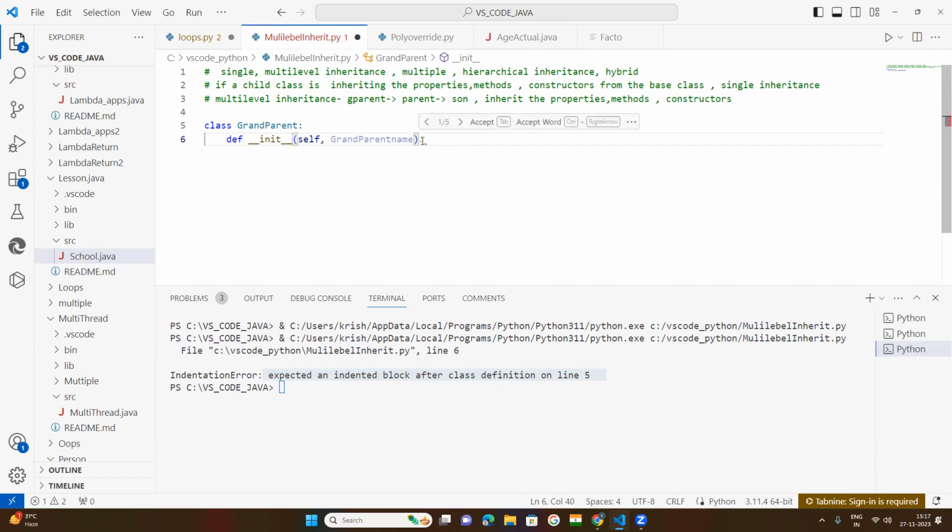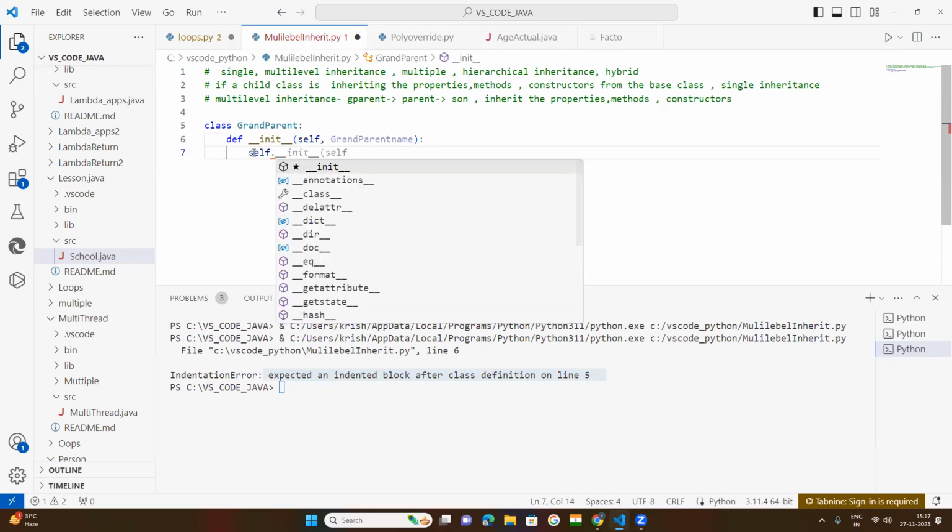It is to be terminated with the colon. After that, it is expecting some block. So if you press enter, the interpreter automatically takes this much margin. So here for this constructor, we need to say, suppose,